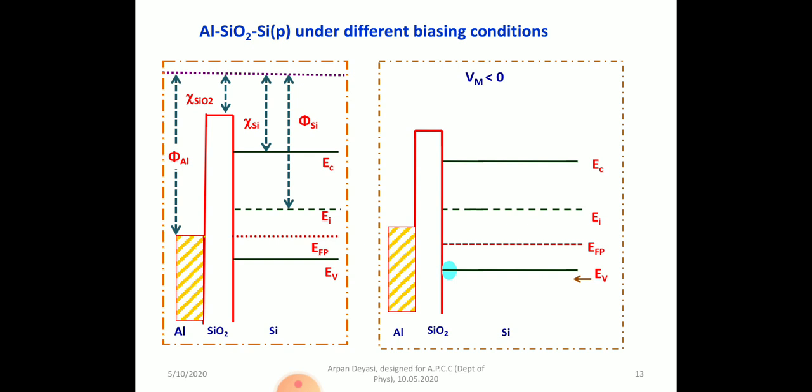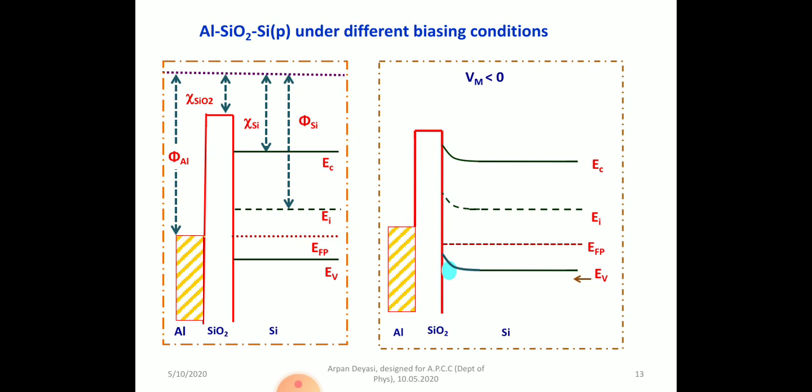So if you make the semiconductor more p-type, either Fermi will come to the valence band or valence band will be bent towards the Fermi level. Now we know that extrinsic Fermi level is constant. So what we have to do, we have to bend the